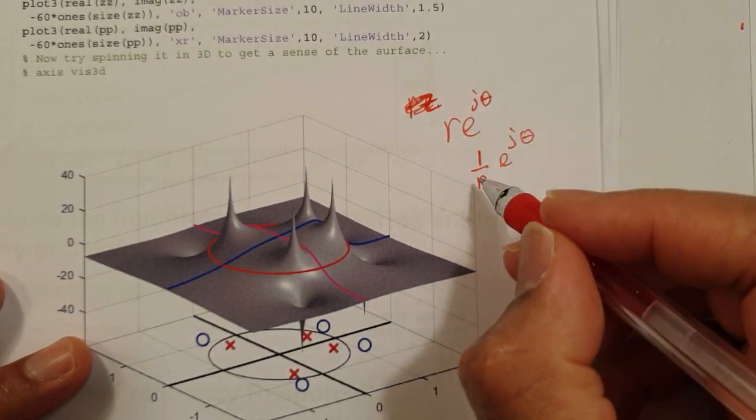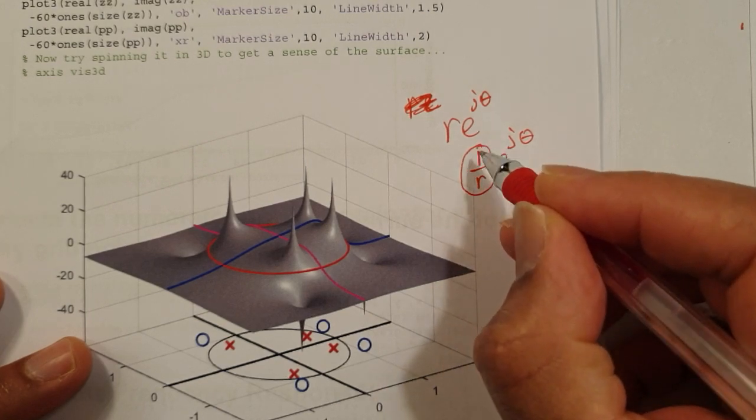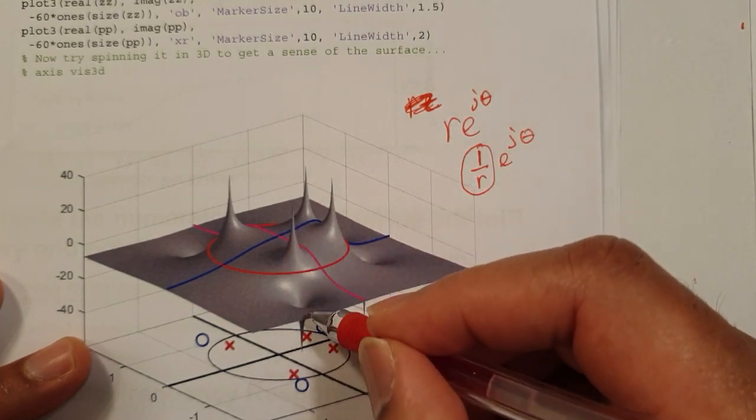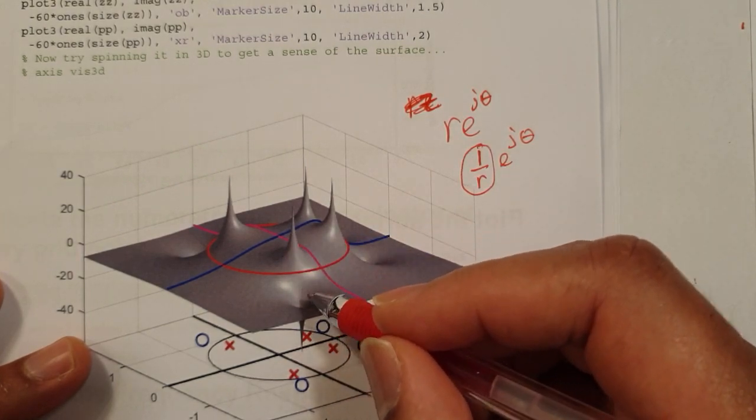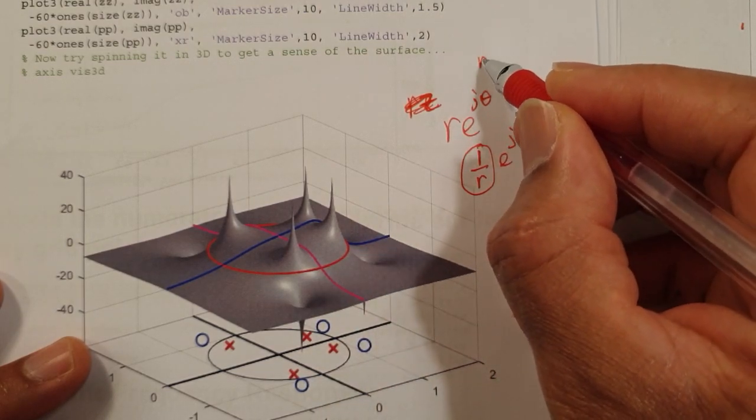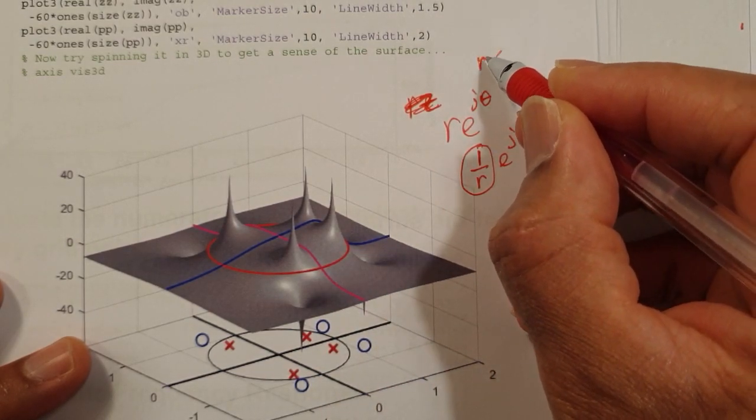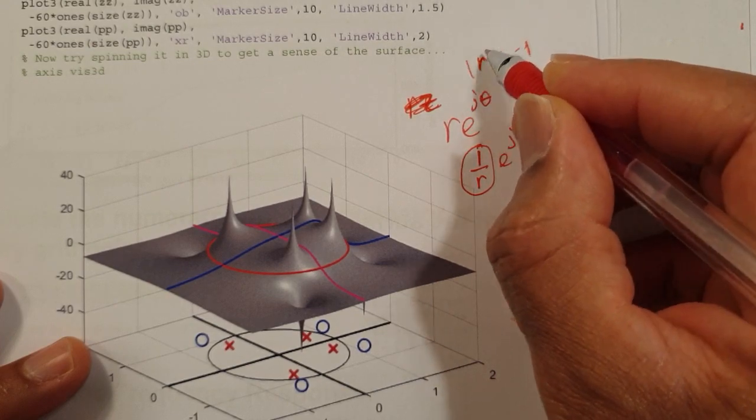So at the same angle, but reflected outside the unit circle, because here imagine that r is less than 1. Okay,